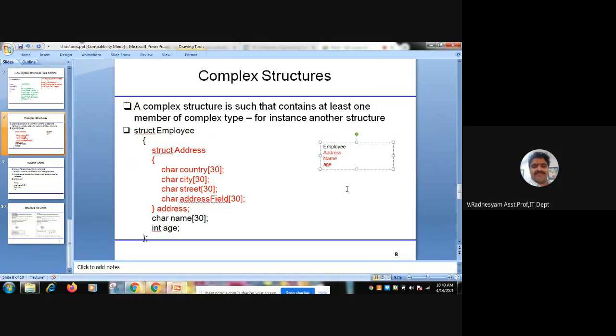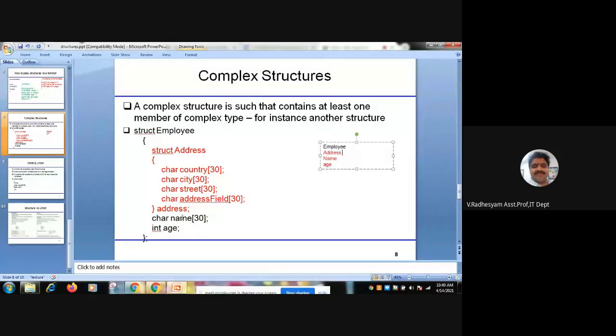For address, we can have country, city, street, and other fields. So address itself works like another structure. In order to do that, we need to declare a structure within a structure, which is called a complex structure.